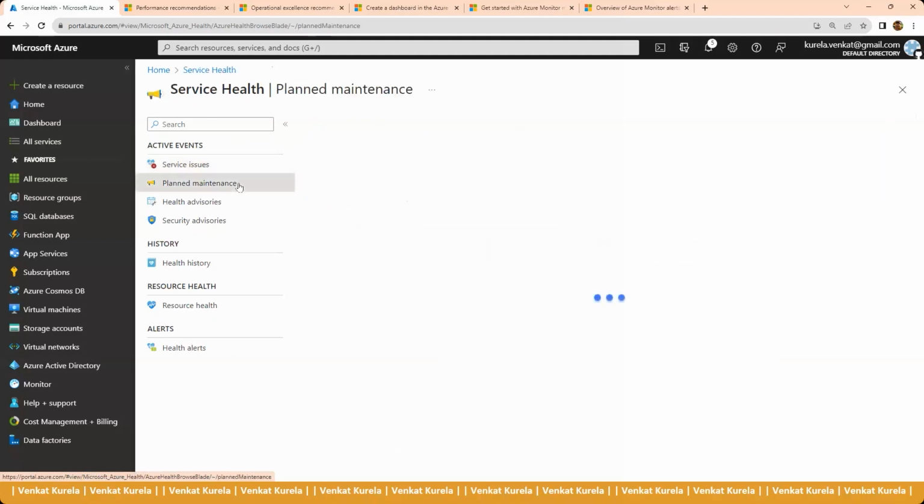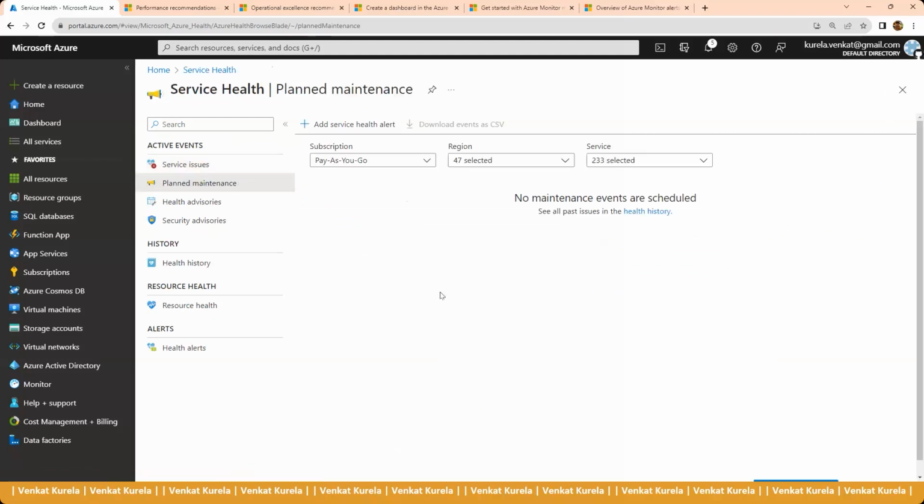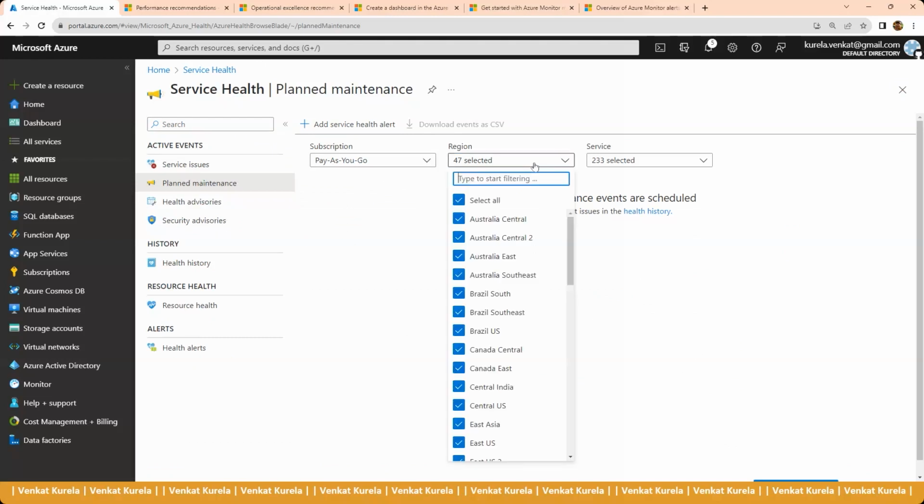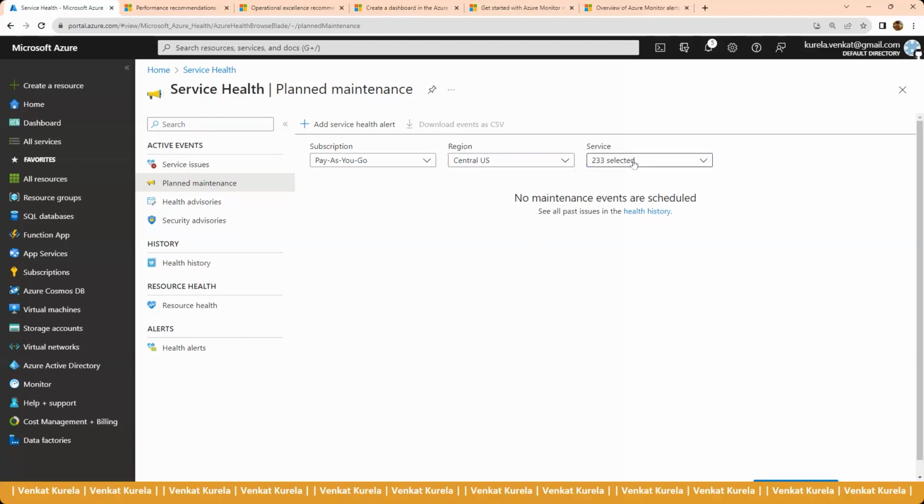Also the planned maintenance activities. That means it's not us, but Microsoft is planning some maintenance activities. Also the same, into which subscription, into what regions, for what services you want to receive a health alert. So let's say Microsoft published a KB article or a notification saying, hey, coming Monday,